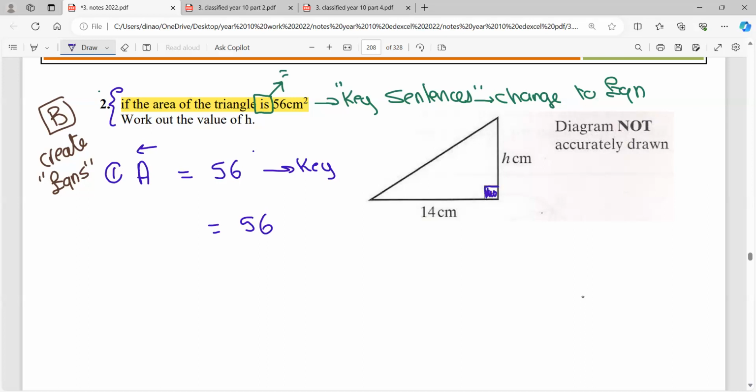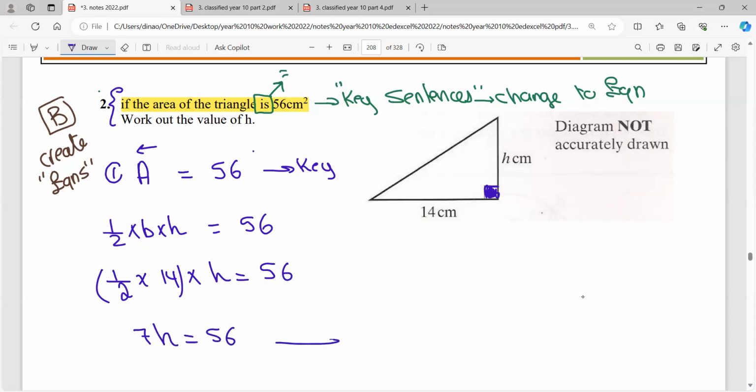Since this is a right angle triangle, what do I know about the area of a right angle triangle? It is half multiplied by the base multiplied by the height. So in this question, we created an equation with the rule, and then I removed the area and put the area of the triangle. Now it's basic substitution. The half is a constant value, the base is 14, and then I can easily complete this equation to calculate the height. Multiply these two, you get 7h equals to 56. And of course, by dividing both sides by 7, you will get the height, which is equal to 8